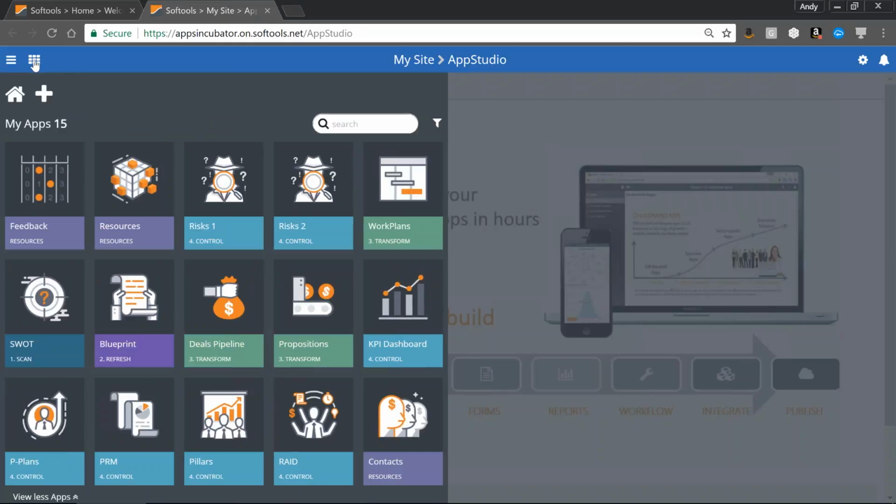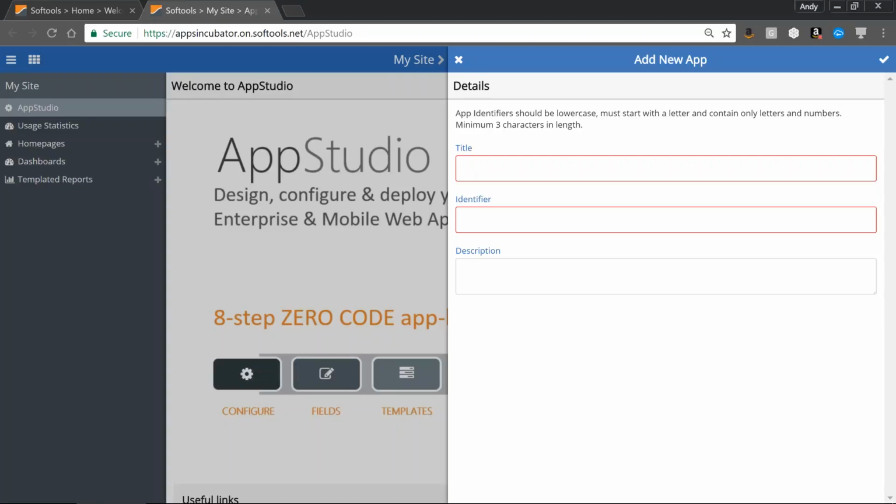click on your Launchpad. You won't see all of these applications here, but if you click on the Launchpad, you'll see a plus button there at the top of your screen. If you can just click on that and now add a title and description for your application. For your title, let me ask you to put your surname or last name as the title. It might be, for example, the Swinbank risk register, so that we know which application belongs to which